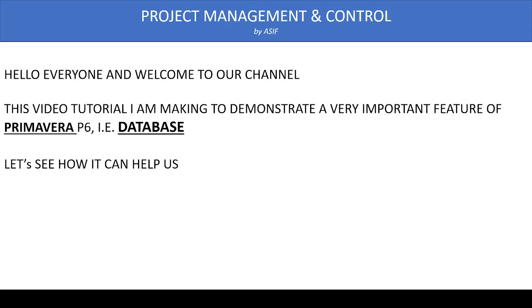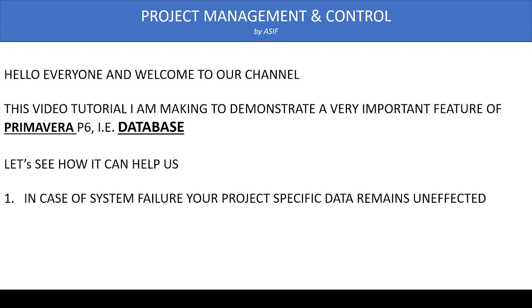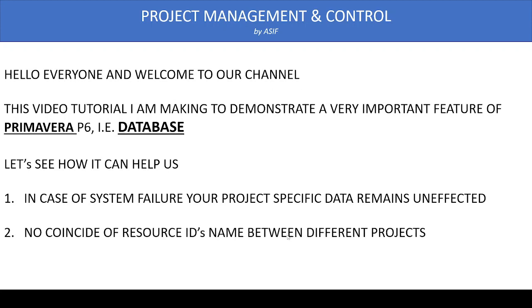The first and most important feature is that in case of our system failure, we need to format our system and we need to restore Primavera. In this case, our project related data remains unaffected. And another very helpful